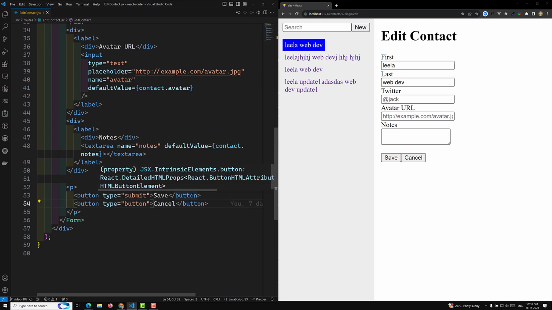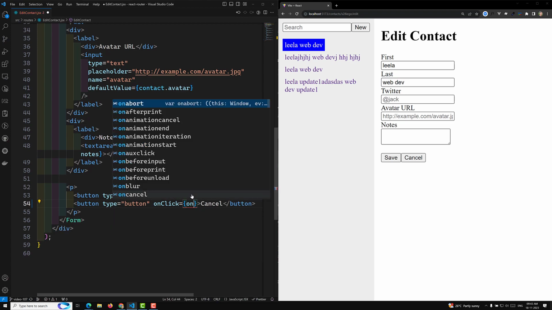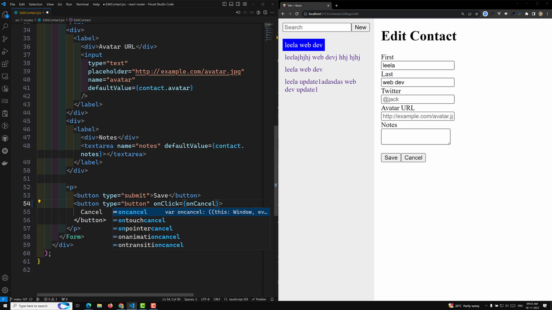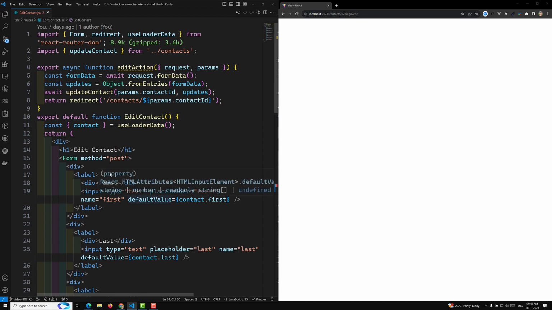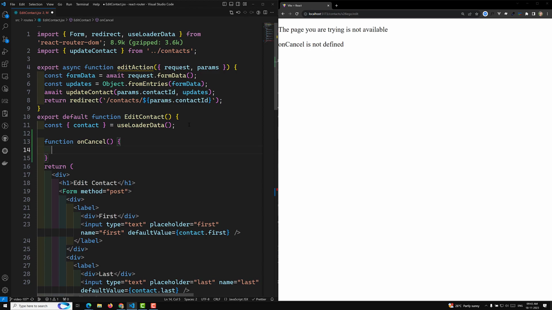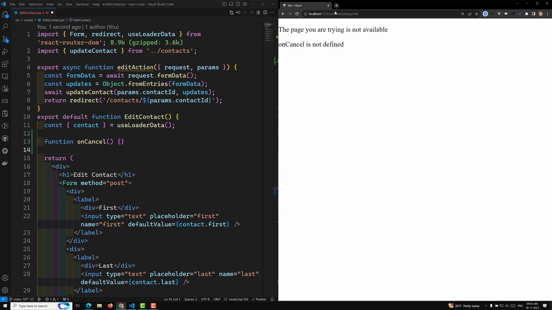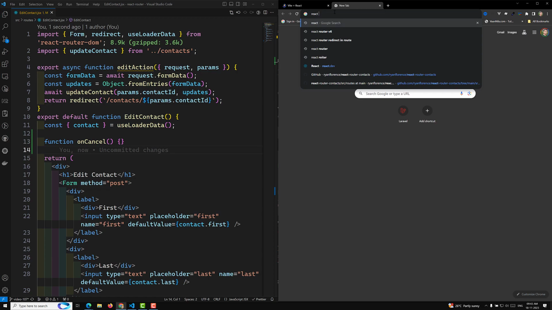Now what I will try to do here, onClick is equal to, I will call onCancel, I want to keep it simple. So here I can write a function onCancel. Now I need to programmatically navigate to the previous page, or whatever page I want, as it is intended or defined. So how I can mention it is in our React router. If you go to our React router,